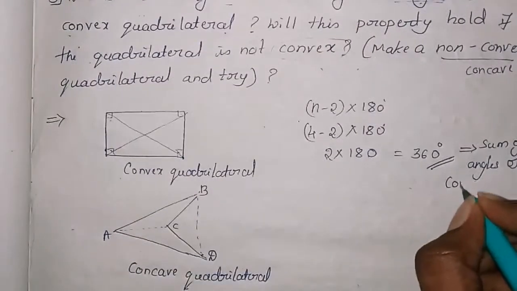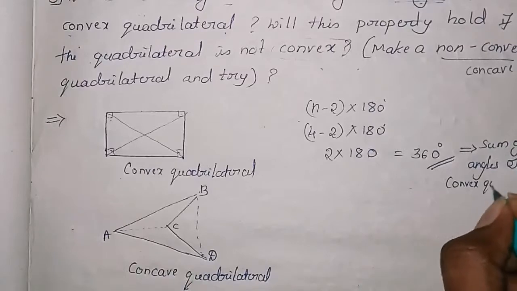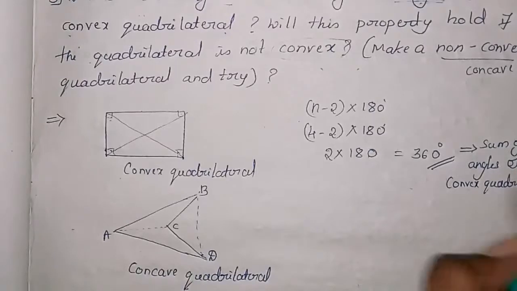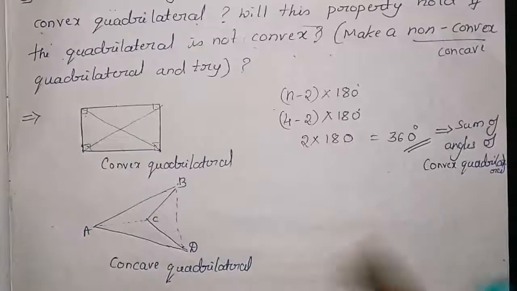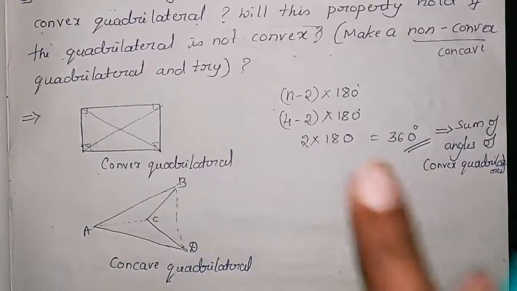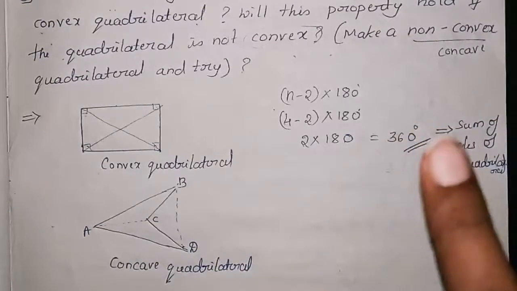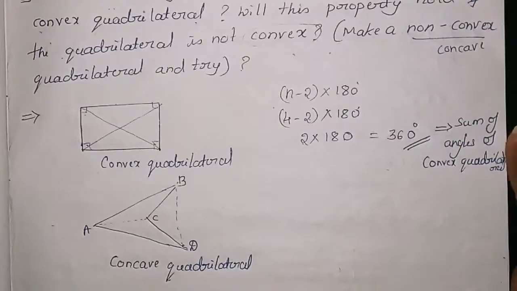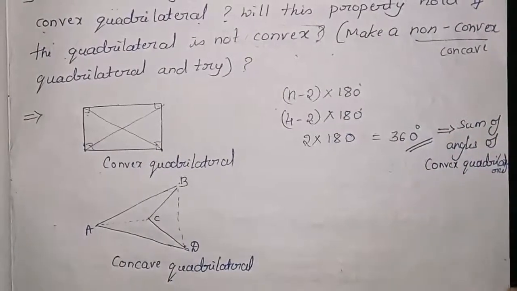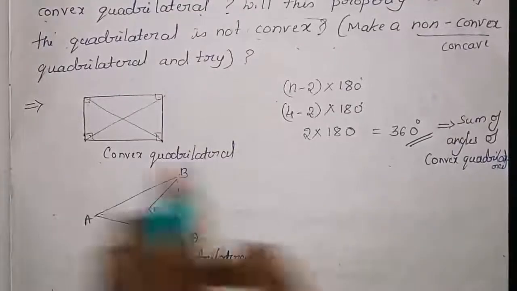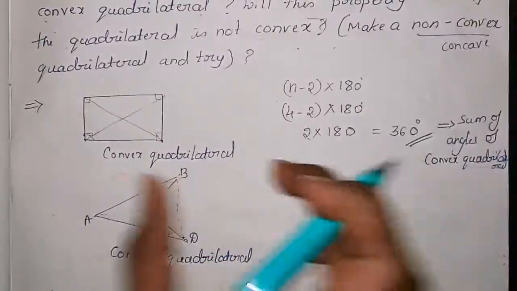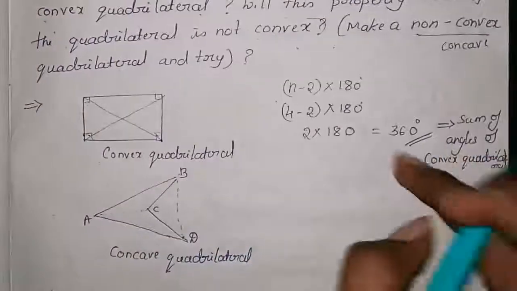Convex quadrilateral, angles of a convex quadrilateral. Always remember, the sum of the angles of a quadrilateral is equal to 360 degrees. Don't forget these things, okay? The sum of the angles of a triangle is 180 degrees. The sum of the angles of a quadrilateral is 360 degrees. These two facts you remember, because they are needed afterwards. And as you now know, the sum of the angles in a convex quadrilateral is also 360.